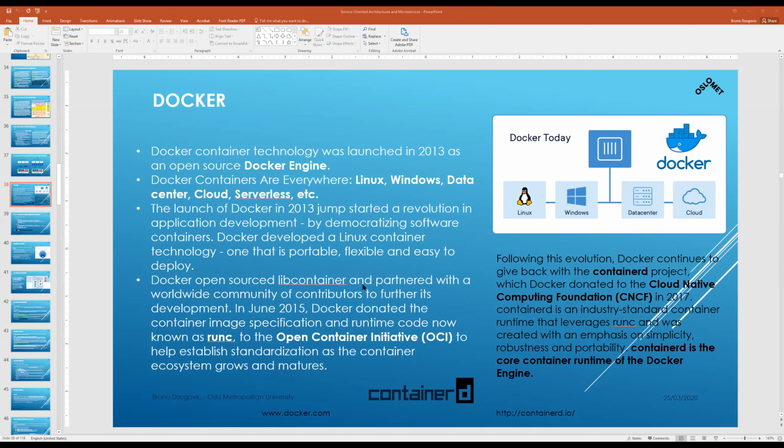The libcontainer, the library for containers, was open sourced by Docker, and now Docker managed to donate some stuff like the image specification and also I think some stuff related to runC. They just opened everything to the Open Container Initiative to help the standardization of stuff. So it's becoming an industry leading standard, and for a reason. People worked very hard to get to that point.